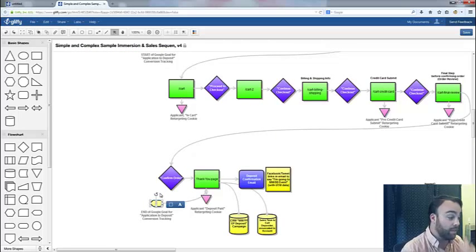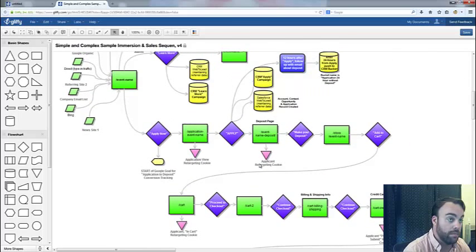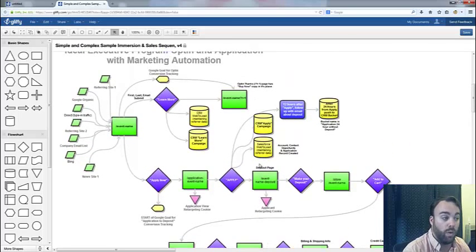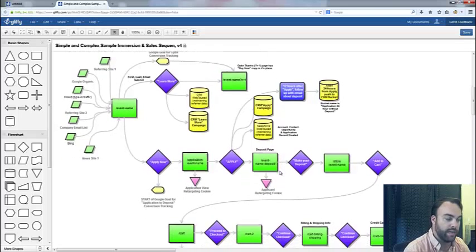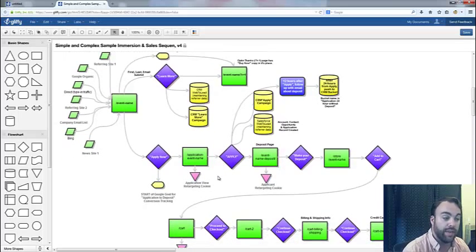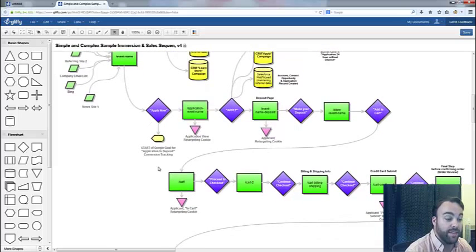So this is a pretty crazy immersion sequence for kind of a wild thing. And it has to be this long because of how they go through the shopping cart and some technological limitations that exist with their current technology set. If you were building this from the ground up, you could probably cut out a number of these steps. But just the work alone that I did with them, and then I handed it over to my tech team to actually do the development, we were able to increase throughput something dramatic, like